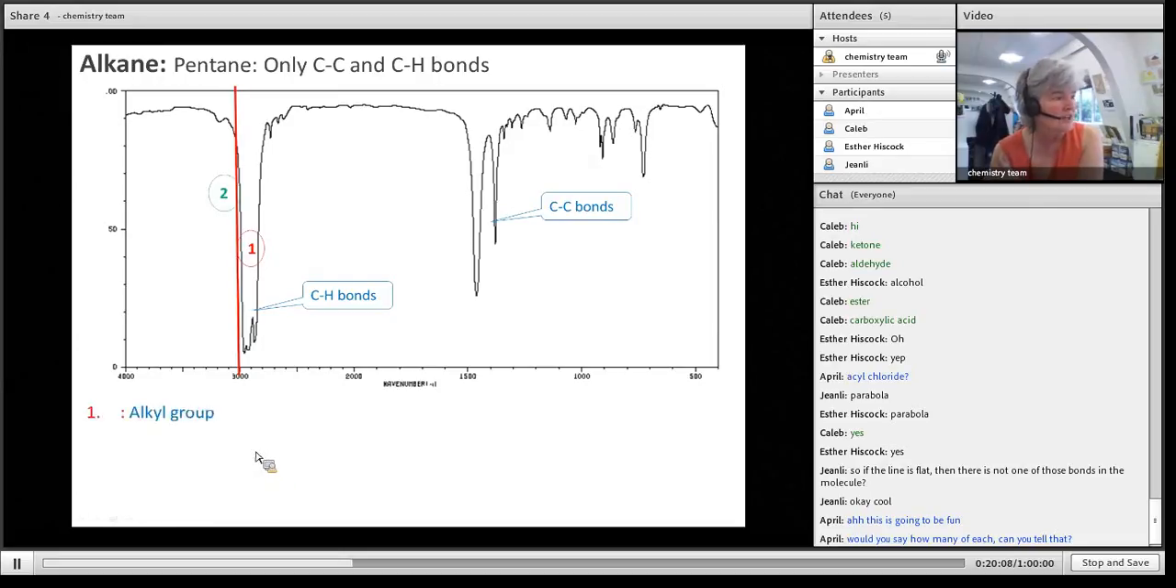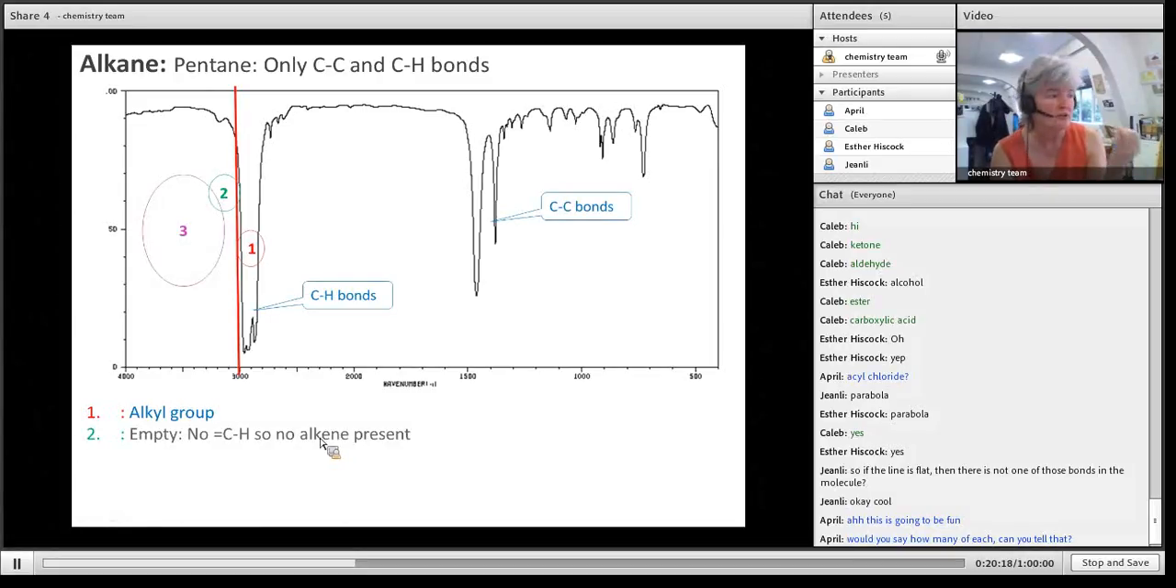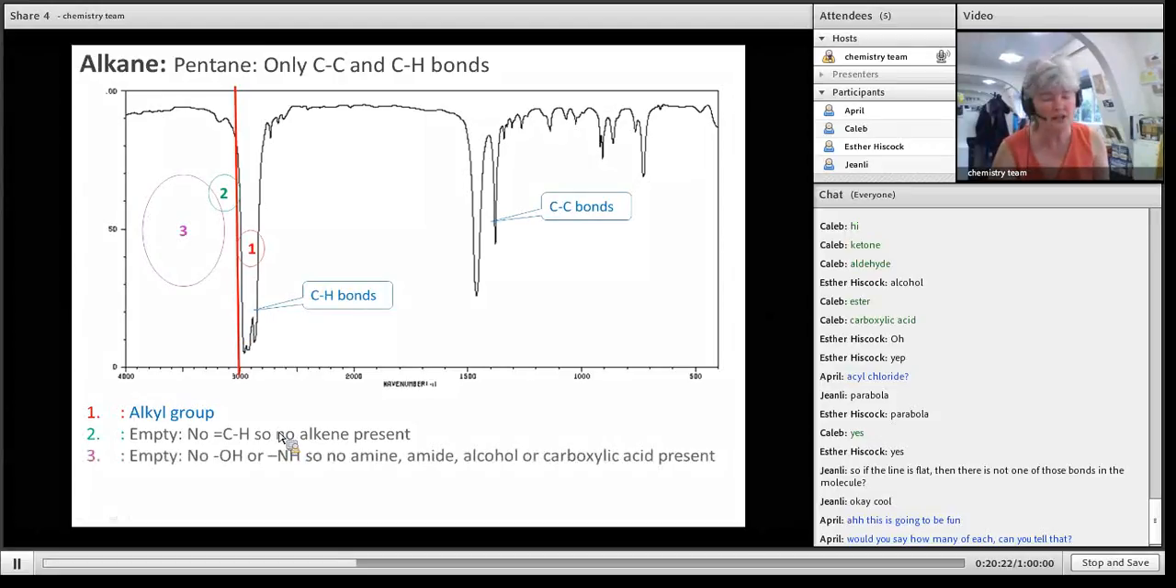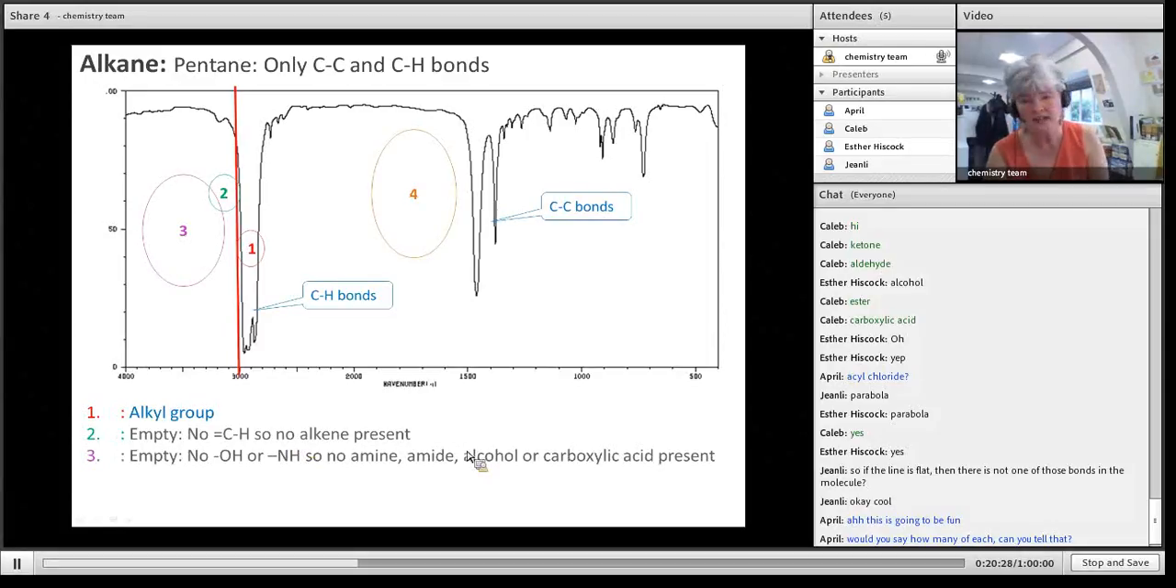So I've got that. Then we look slightly more and we go, right, I've got no peaks there. So there's no alkene present. Point that out. Then I look further up and there's nothing there, so I don't have an alcohol, an amide, a carboxylic acid, or an amine. Okay, and then the last area I look at,